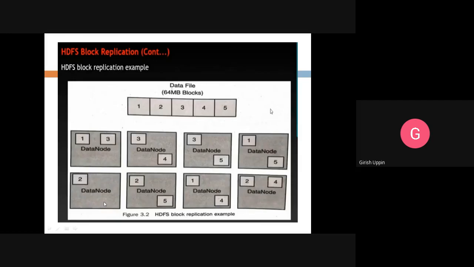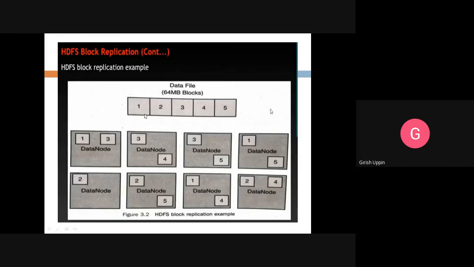Here the number of copies kept is 2, so every block will be copied onto 2 data nodes. Total data nodes available are 8. When a client wants to write this particular file into HDFS, replication is set as 2, meaning each block will be copied onto 2 different data nodes.